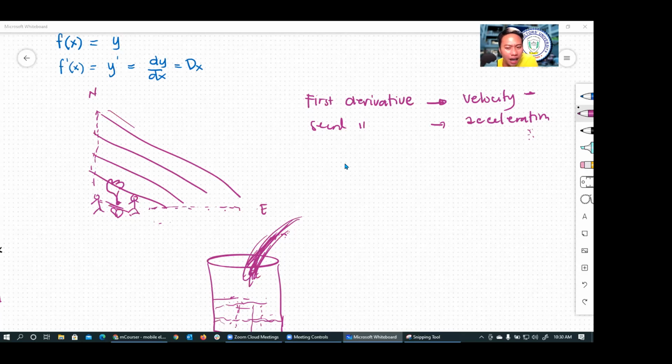I don't know. Isn't acceleration speed with direction? I remember, sir. Yeah, acceleration. Right, thank you so much, Ara. Velocity is a speed with direction. A speed with a direction. Acceleration is the change of speed. That's right too. Very good. Thank you for pointing that out.